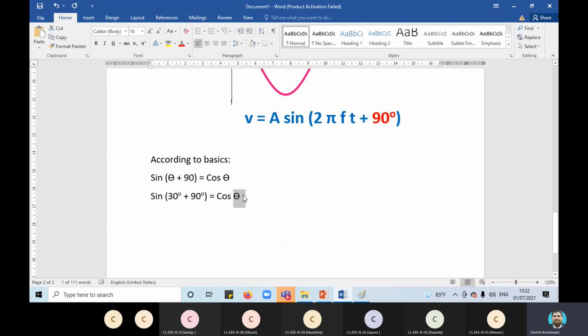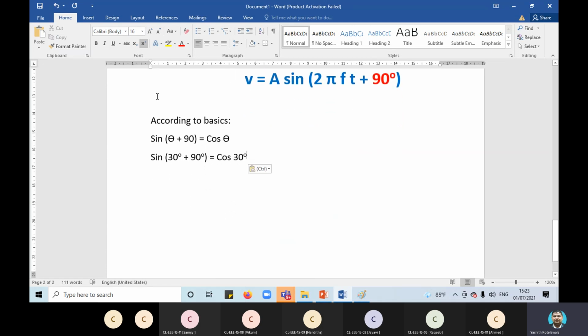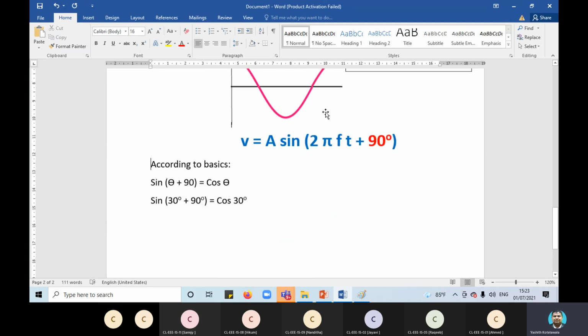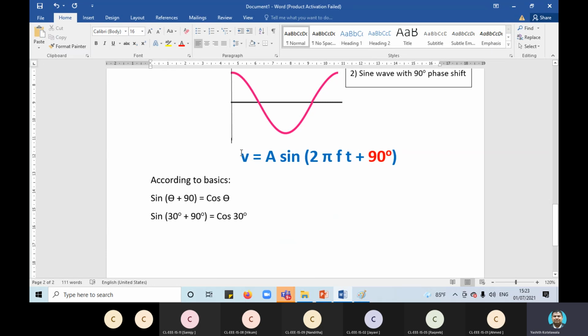Sine 60 plus 90 is equal to cos 60. Likewise it goes. So these are some of the basics. So according to this, based on the basics that you know, based on the basics, what you can further do is